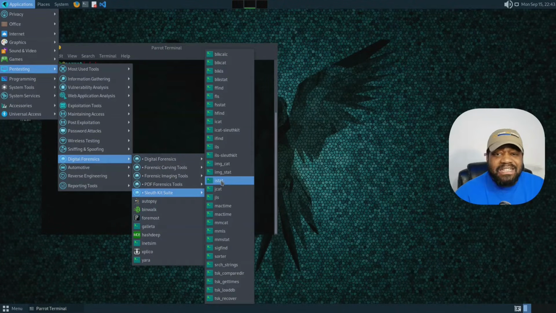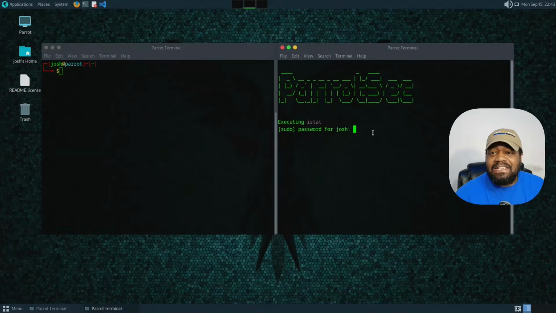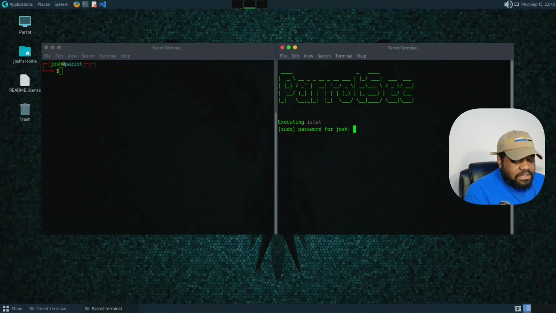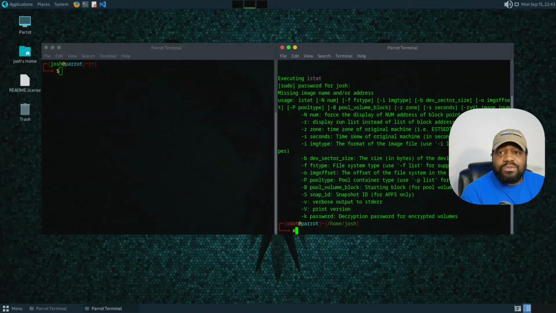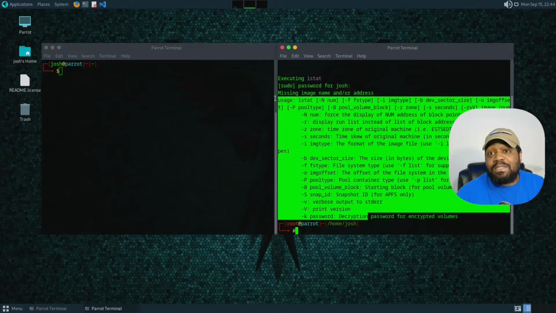So let's just click on one. Let's go to istat. And this will give you just the information about the command, and it also shows you how to actually run it. Now, what it's doing right here is running as root. I don't want to run it as root. I want to just keep everything on my Josh account. But this breaks down all the options that you have for that